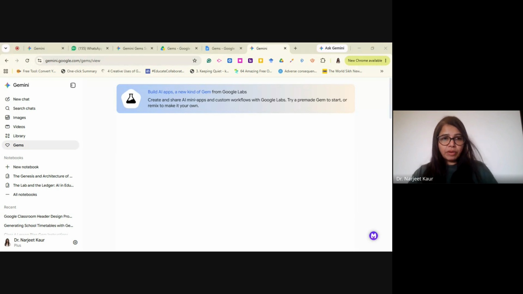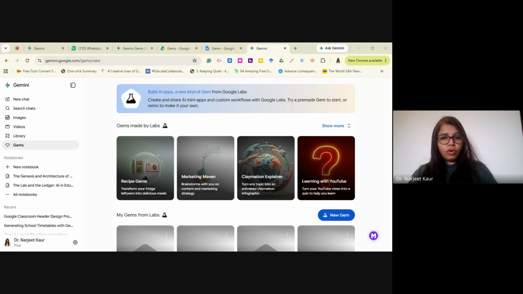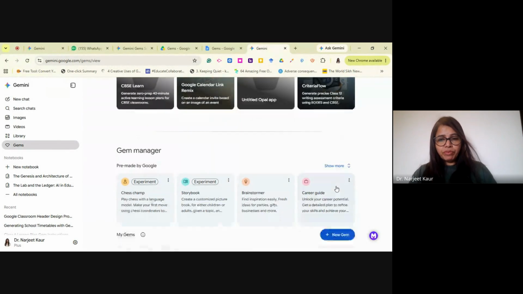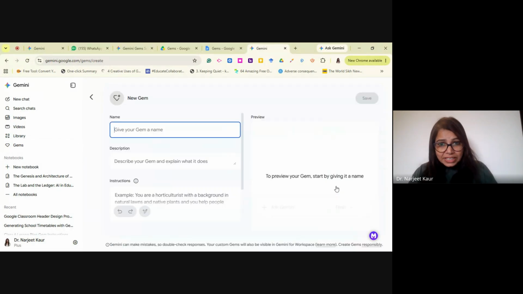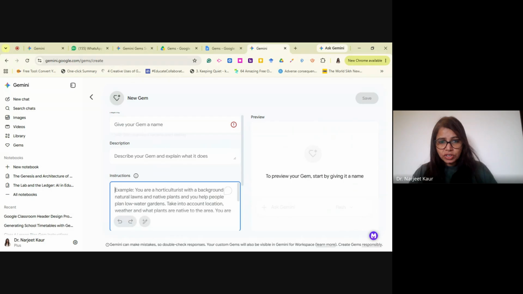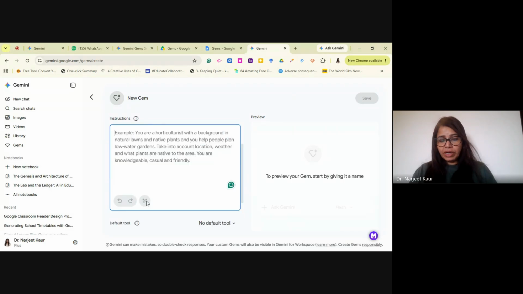You can, like Harpreet showed, also go and paste a simple prompt which you understand should be the kind of instructions, and then click on this magic button of Gemini to generate a prompt. This is one way. Secondly, you can also go to Gemini and ask Gemini to create a proper prompt for you, giving it a context as to why we want it.